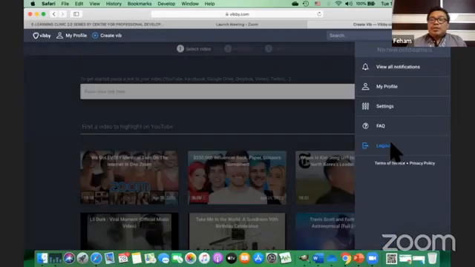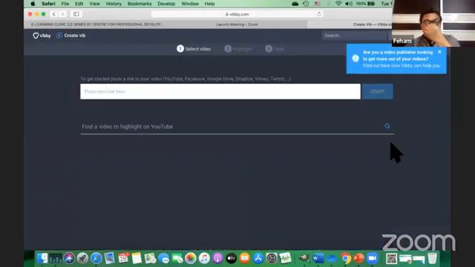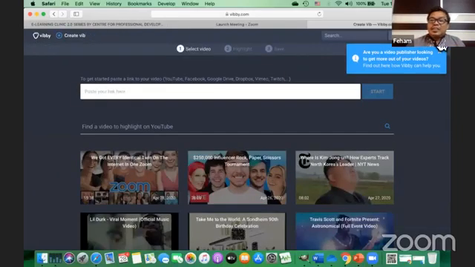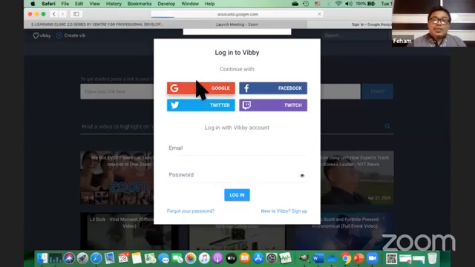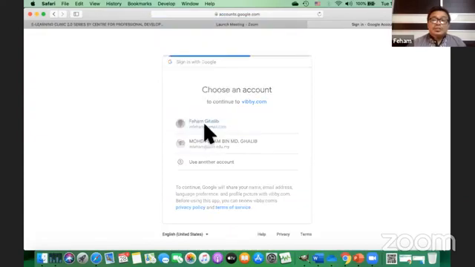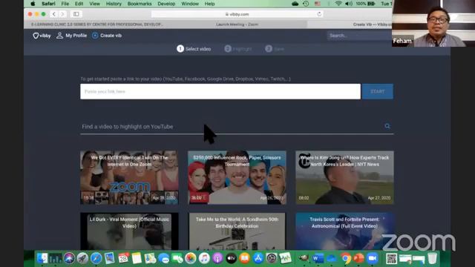You have to log in first. In order to log in, just click here, login, and then normally I will log in using my Google account. You can use Facebook and Twitter and other social networking accounts if you have them. So click on Google and give the permission for VB to access your account, and then there you go.